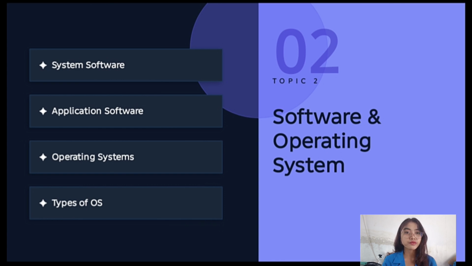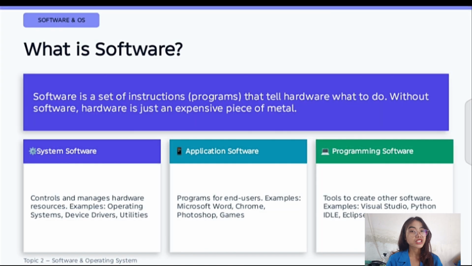Now let's move on to topic 2, software and operating system. In this topic, I will explain what software is, what an operating system does, and what the popular operating systems in the world are. So, what is software?